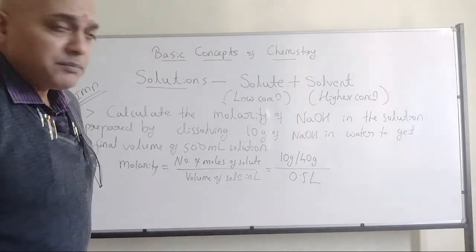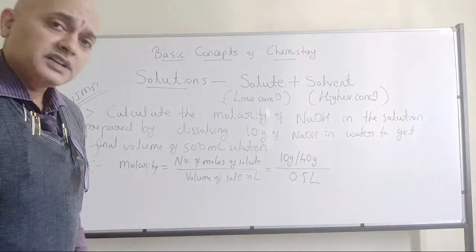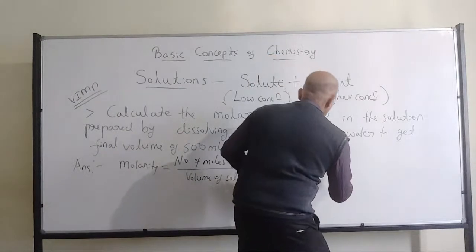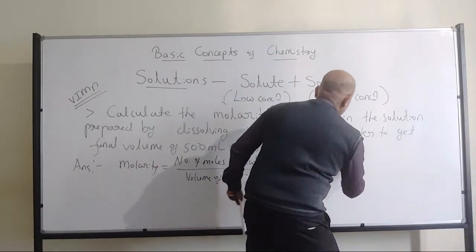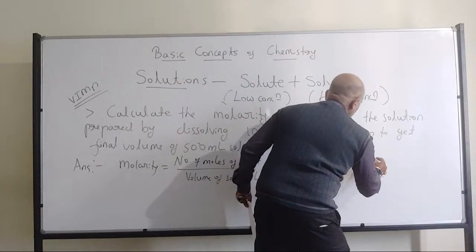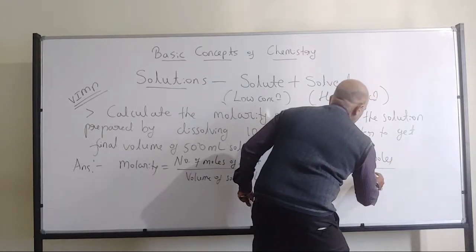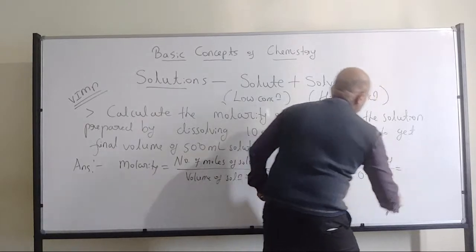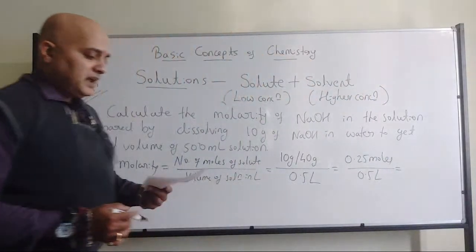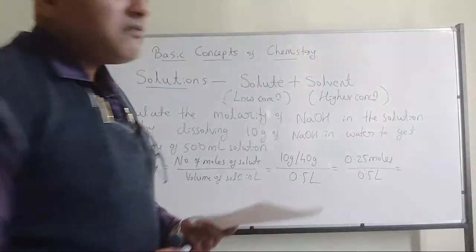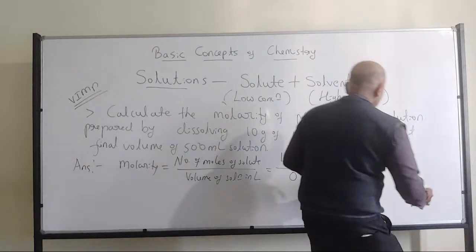Why 10 gram divided by 40 gram? Because given mass divided by molar mass. Right? So in that case it will become 0.25 moles in the numerator divided by 0.5 liters. Yes, now the answer is 0.5 moles,